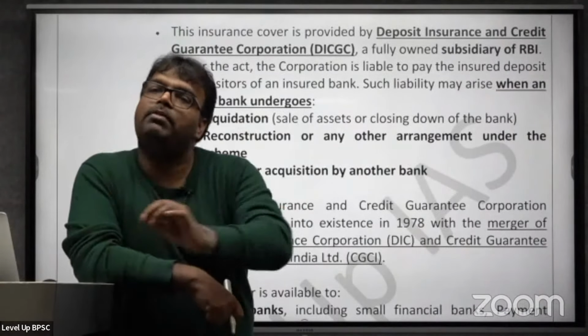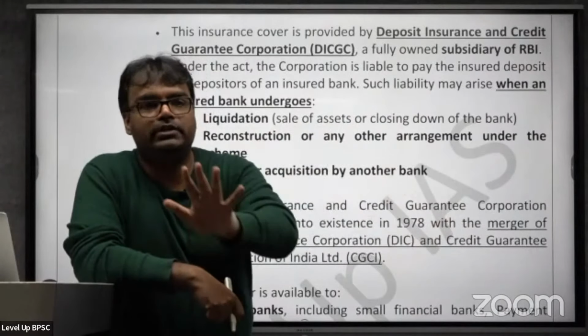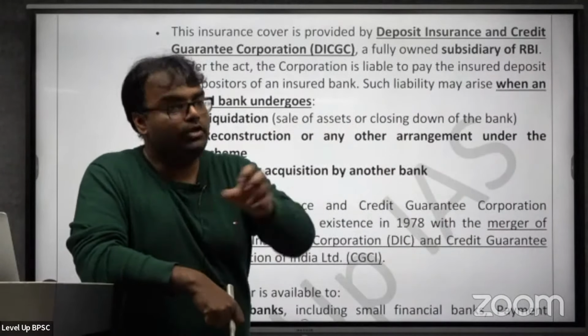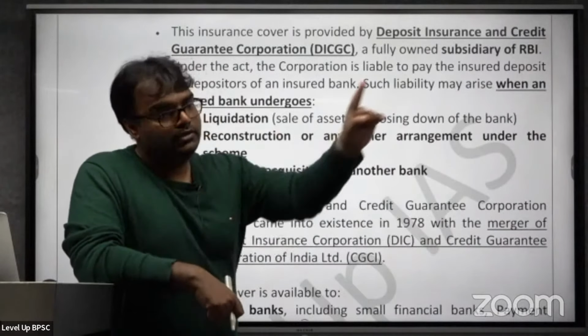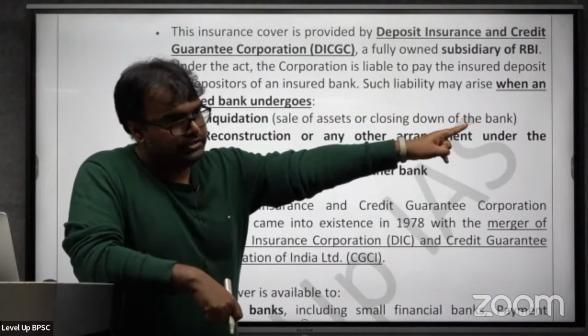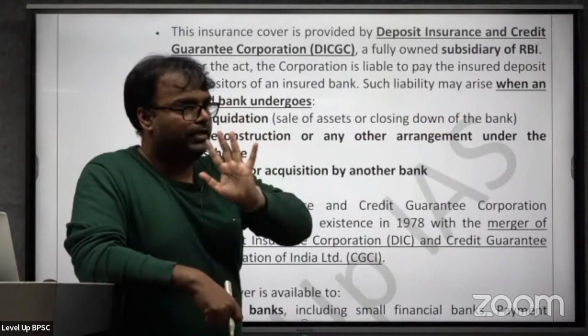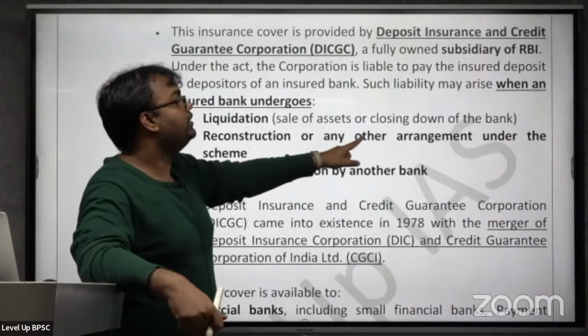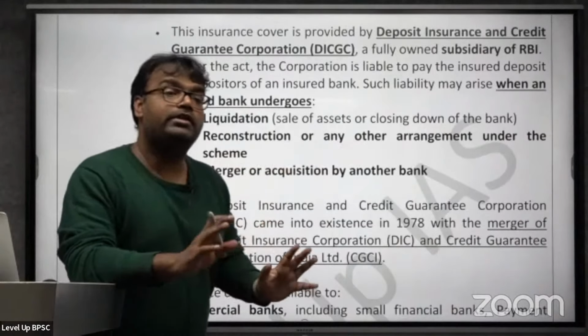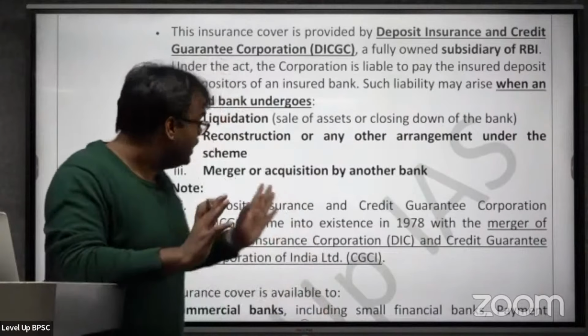From that, some money may be given back to depositors, but even then, depositors will not be able to get all their money back. So in this situation, Deposit Insurance and Credit Guarantee Corporation would come and pay money to depositors. Second, the bank goes through reconstruction or any other arrangement under a scheme where they are not able to pay the money back to depositors, and